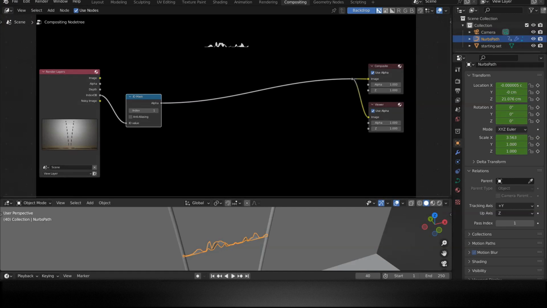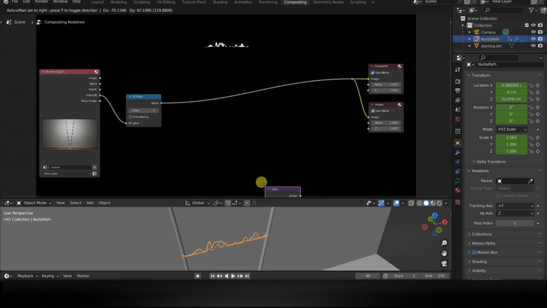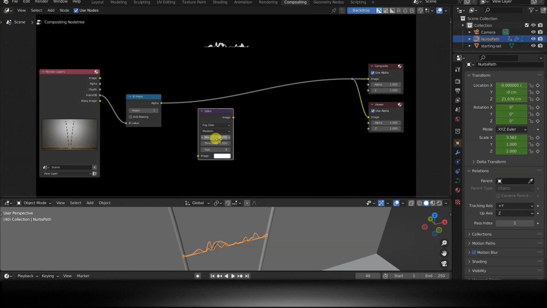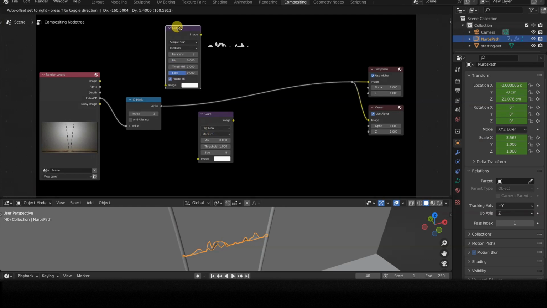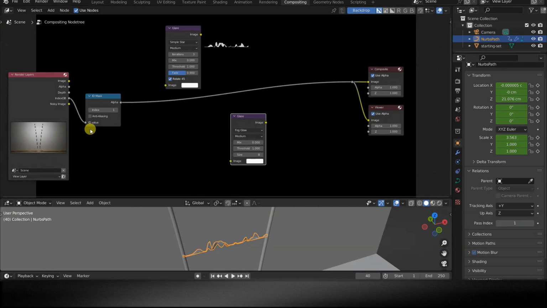Let's see how to provide 2 different glows to the electric arc specifically. We will use the Simple Star filter to create light rays and a Fog Glow filter to create a soft, diffuse glow. Both these effects are implemented by the Glare node, so let's add 2 filter glare nodes to the schema and change their modes to Simple Star and Fog Glow. To test the effects individually, place them one at a time between ID mask and reroute.